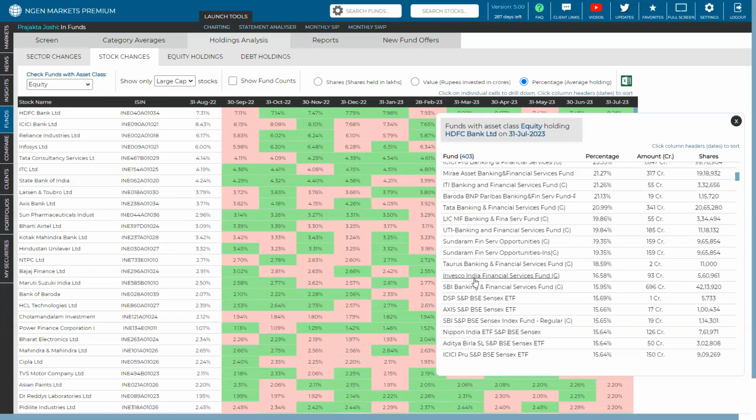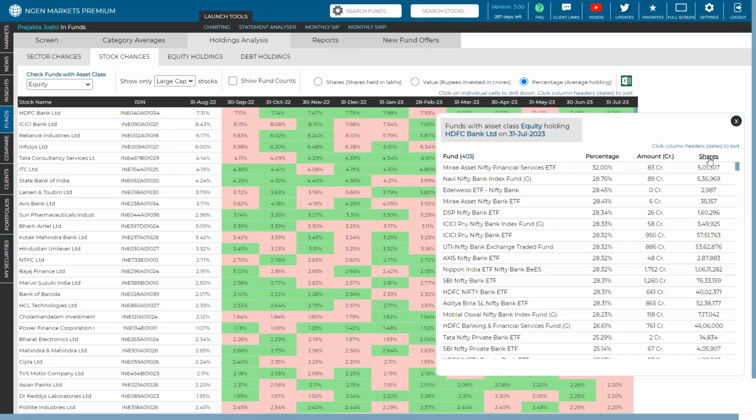So for an example, SBI Banking and Financial Services as a mutual fund holds 15.95% of its AUM into HDFC Bank as a stock. And that amounts to 696 crores. In terms of shares, it amounts to 42,13,920 shares. Now, if you want to have a look at highest to lowest shares, then just click on shares